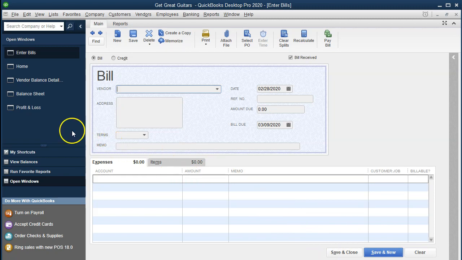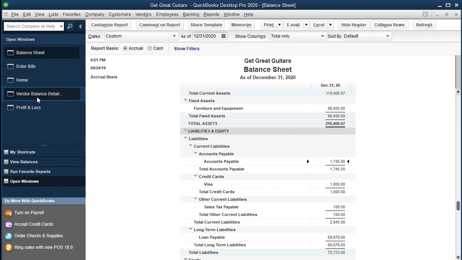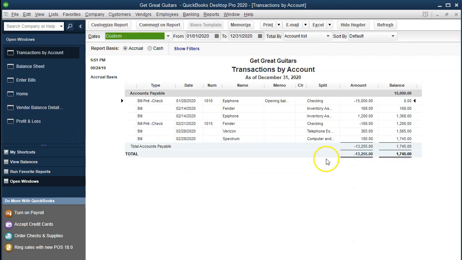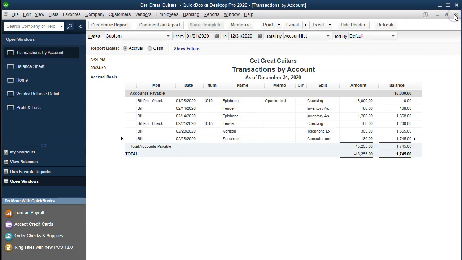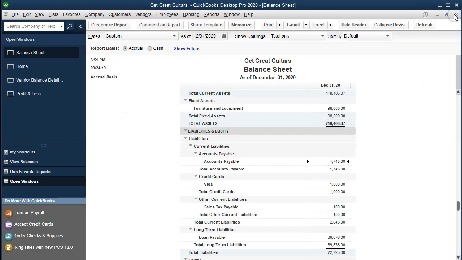See what happens there. Let's go back to our reports here. We're going to go back to the balance sheet. Within the balance sheet, we've got the accounts payable. Double clicking the accounts payable, we see that we have the 180 to Spectrum here. Double clicking that, there's our bill. Closing this back out and closing this back out, we see that the profit and loss,